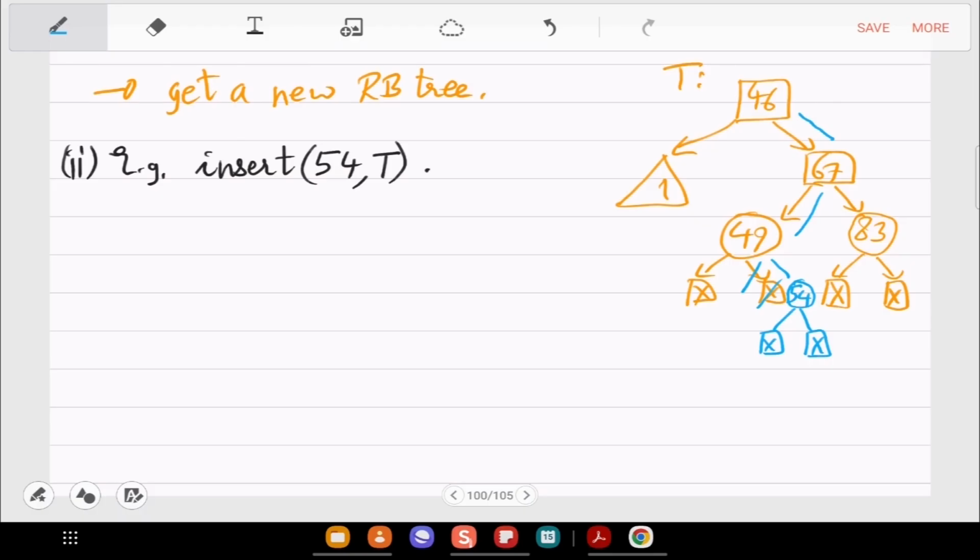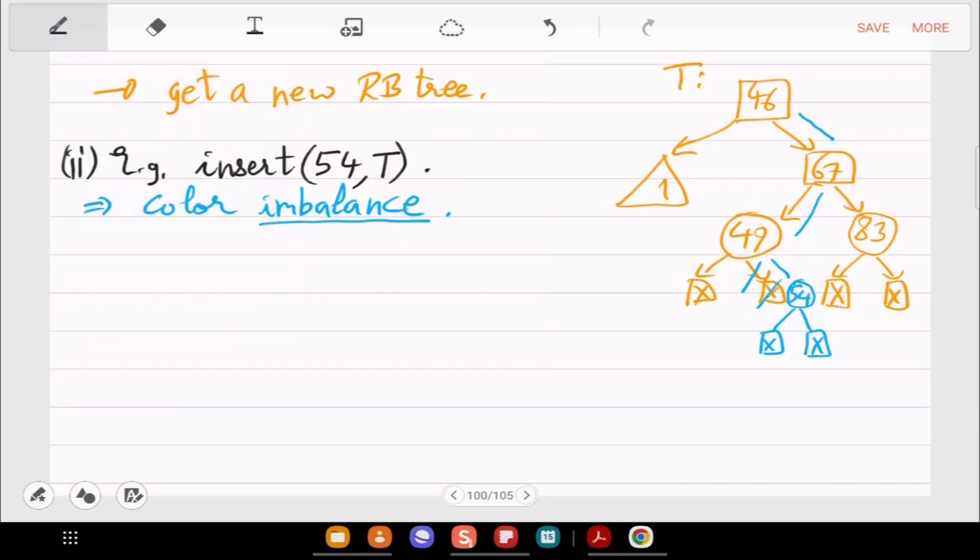So that has to be corrected. Okay, so this requires a color balancing technique. So you have a color imbalance. So we have to do a correction for this. So this is our first correction.